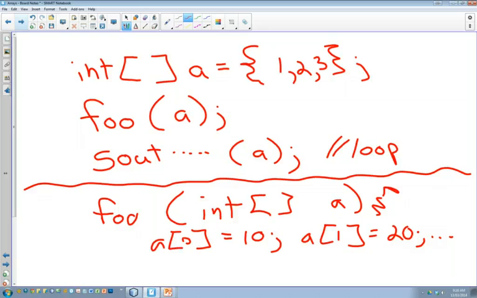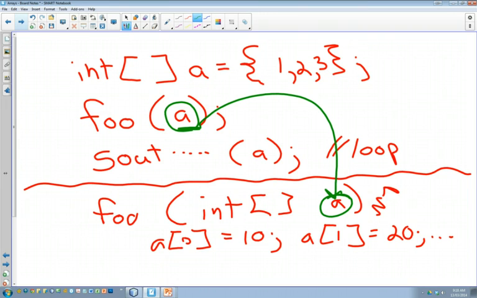Because with arrays, when you pass an array to the method right here, it doesn't pass a copy of it. It doesn't pass the value of that. It passes what's called a reference,